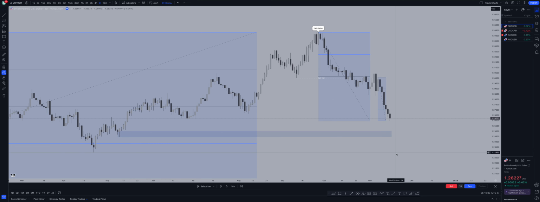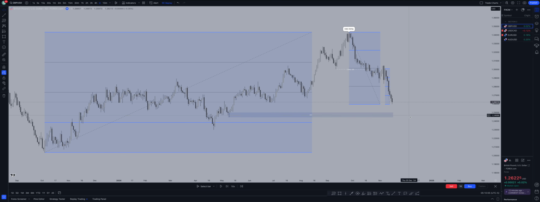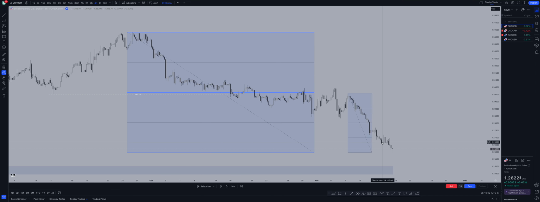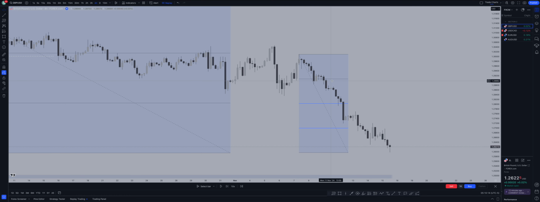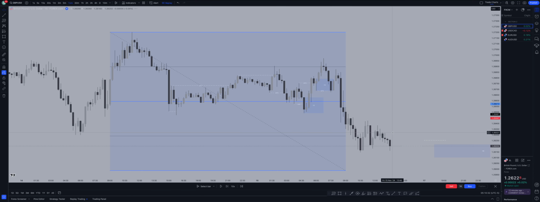Starting off with GU. Daily swing is bullish, daily internal is bearish. 4-hour leg, I'm sure you can guess, but it's also going to be bearish. A 4-hour leg, right? It's a little hard to decipher which is which. Just know I'm most likely not going to be buying right up here once we cross this line. But even though this could be potentially the real 4-hour leg, let's sit down on the 15-minute.